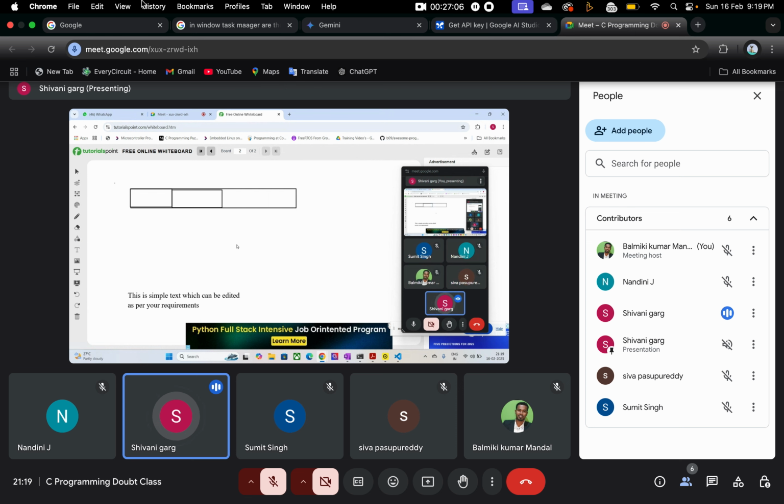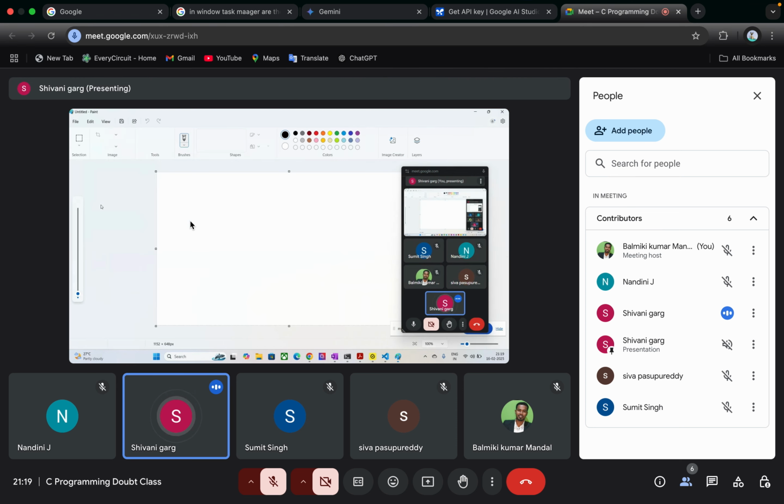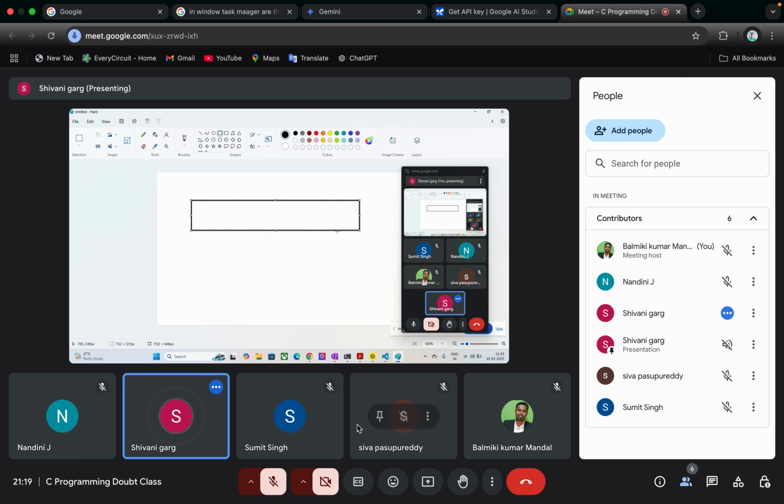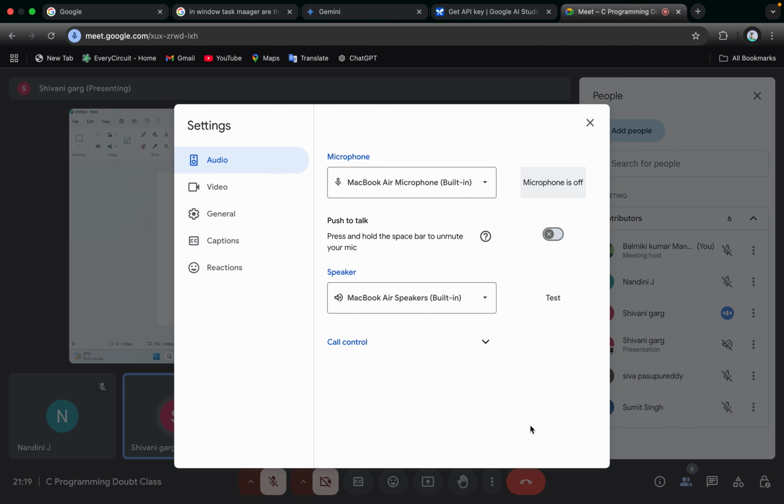Paint would be easier than this. Inside it, there will be 3 more elements. Select using